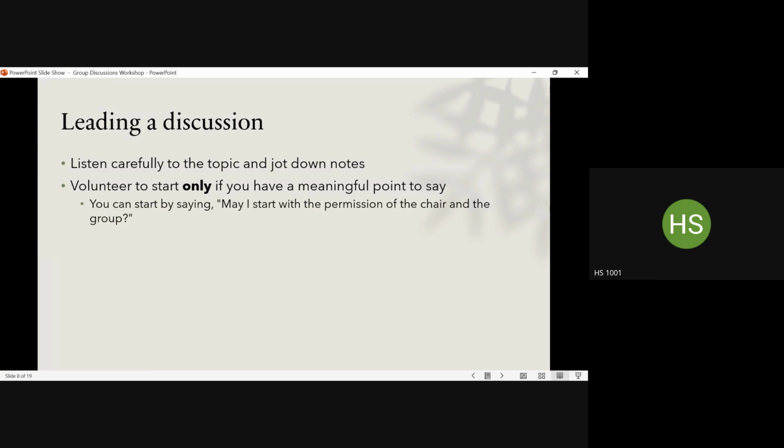With the permission of the judges and my group, may I lead or open the discussion? These are all very courteous ways of starting your statement. In a lot of ways, this is where people stumble. This is actually just a communication skill. You should know where to use what phrase. You should know how to phrase something so that your point will be well received. But this is where a lot of students face difficulty. That is why these little tips are very helpful.